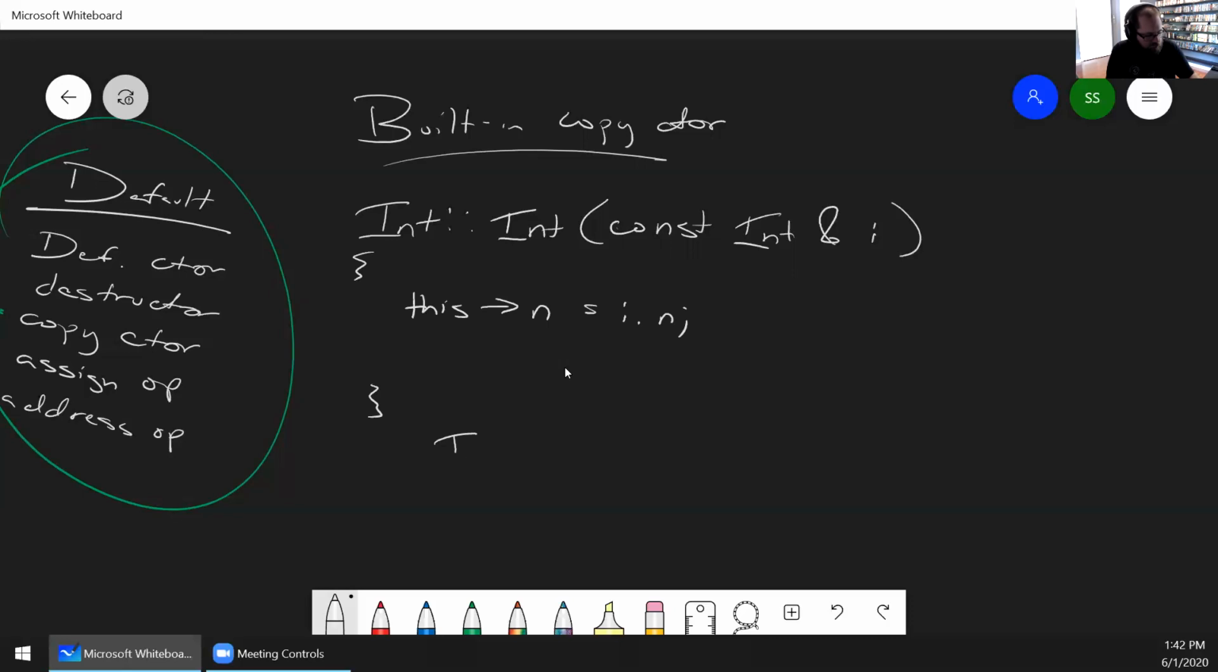So if we said int x, let's just pretend for a second that we have a constructor that sets that value. And I say, well, let's create int y and set it equal to x. So this right here is a copy constructor call, because we're initializing a new object to another object of that same type. So that is going to call this function here. All right, so now y.n